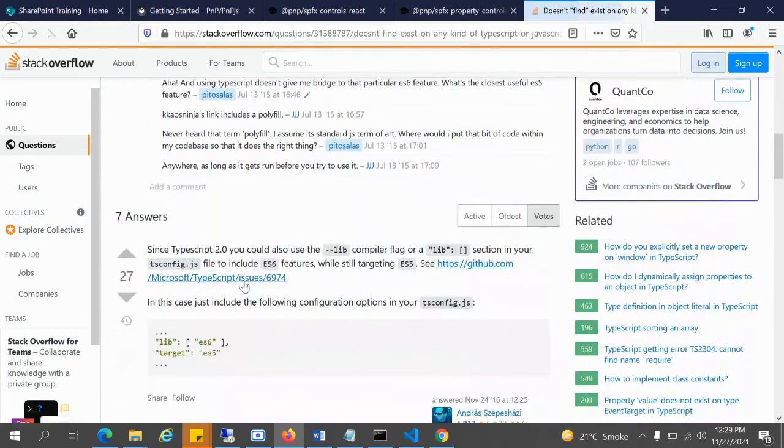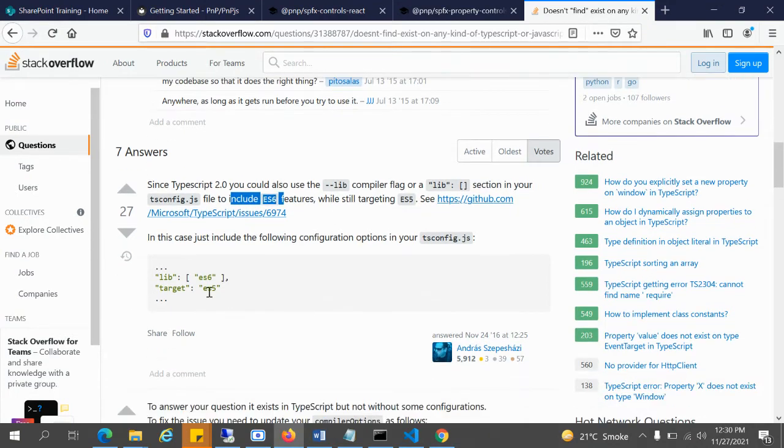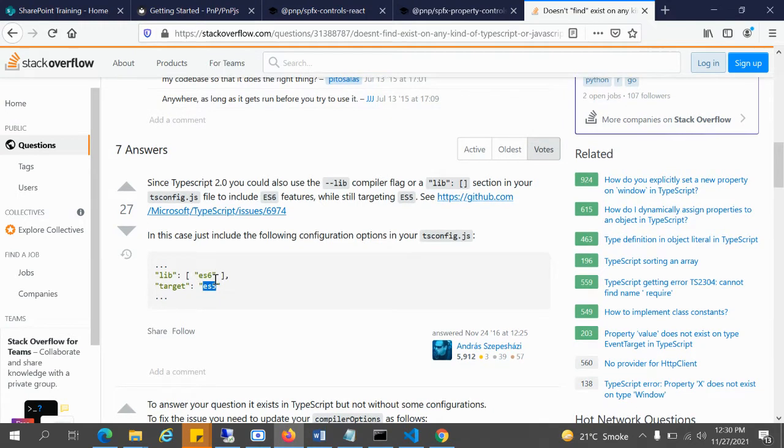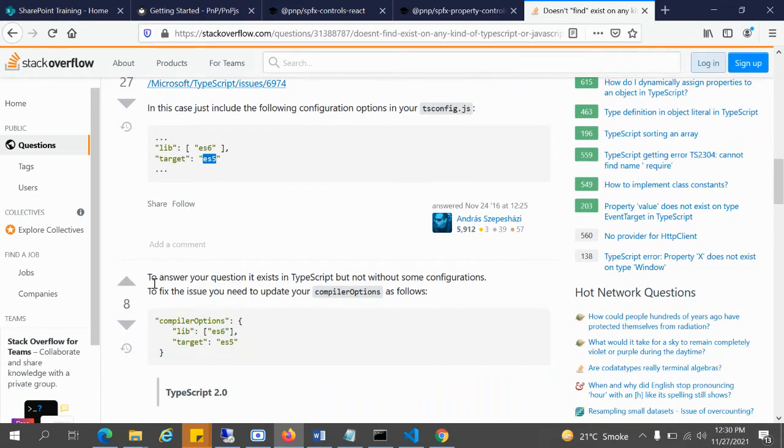Since TypeScript 2.0, which was used in the library compiler section in the tsconfig file, we need to include ES6. Earlier we had ES5. Now we need to set ES6. In the TypeScript compiler, we need to set the target to